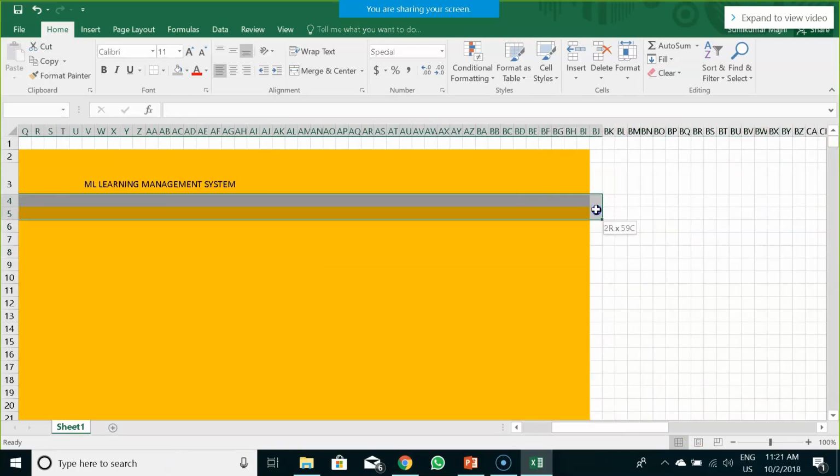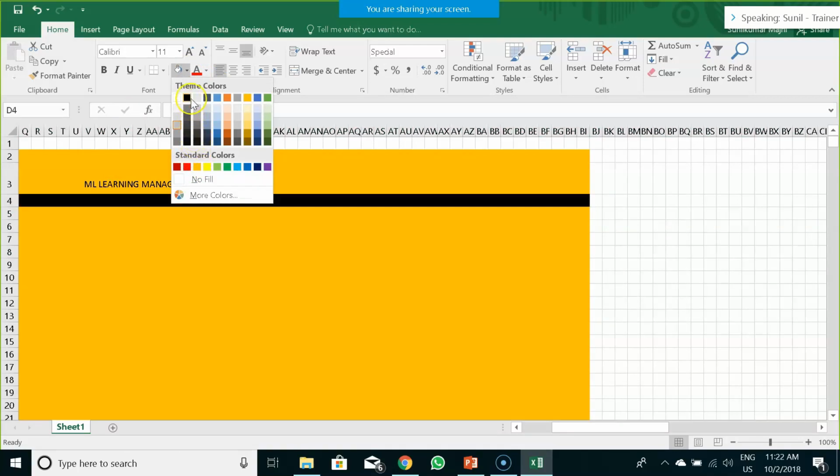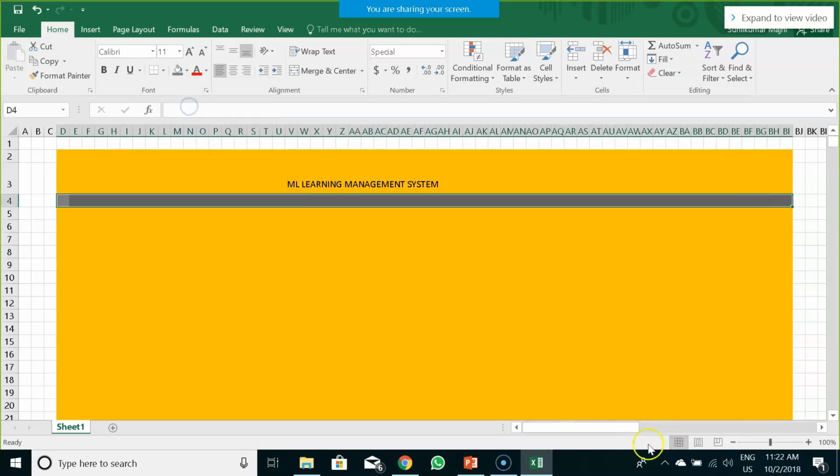Rather, I would take a different color over here, a darker shade. After I have done this, I don't think this looks good here.